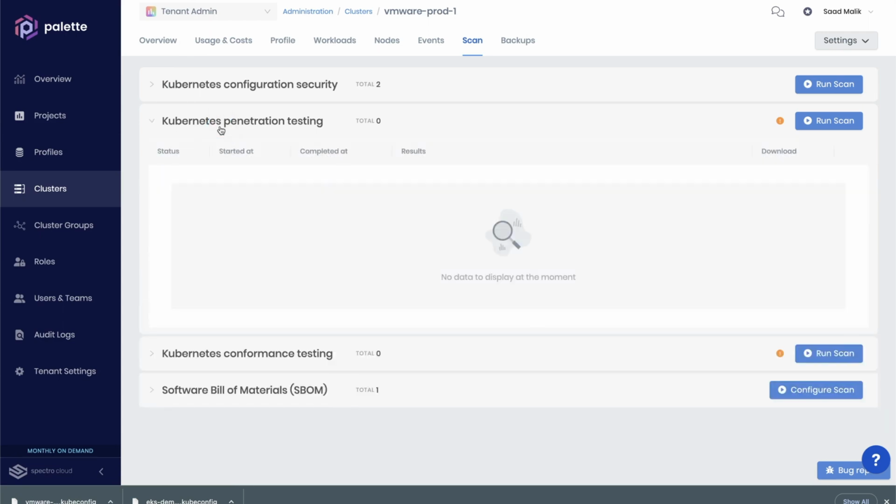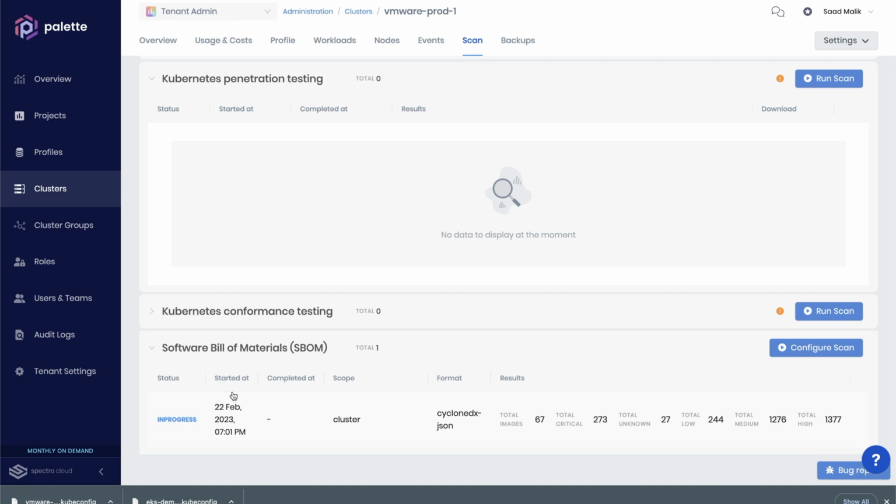We additionally support testing with a tool called Kube-hunter that does penetration scanning into your cluster, both inside the cluster as well as from an external pen test perspective. We can run Sonobuoy scans that are able to verify that the clusters are conformant. Some of our customers like to run these scans before every major update to Kubernetes. And then the latest scan that we just added is software SBOM scanning, where we're able to scan all of the different pods running in all namespaces for the dependencies,